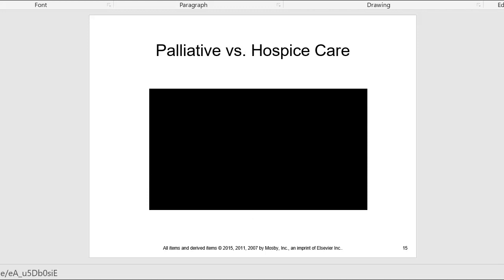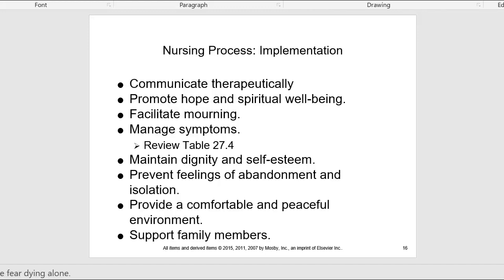Palliative care is focused primarily on managing distress caused by unwanted symptoms of disease or side effects of treatments. This can include curative care. It does deal with quality of life issues. Hospice care provides service for patients who are really at the end of their life. They don't want any curative care. They want treatment of symptoms only. Typically, they will have 6 months or less to live. And the goal for both is to maintain a high quality of care.